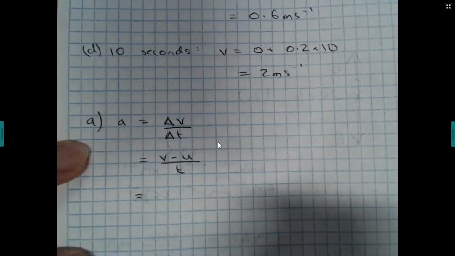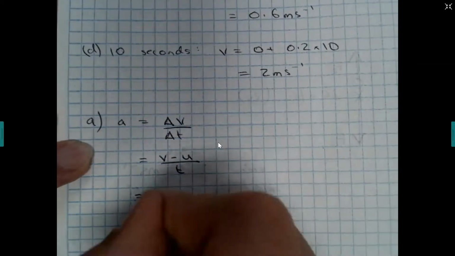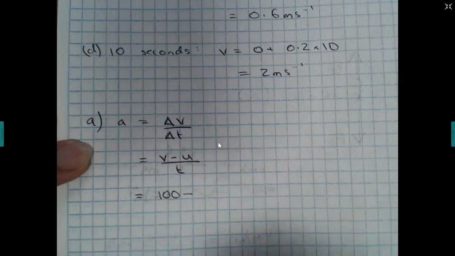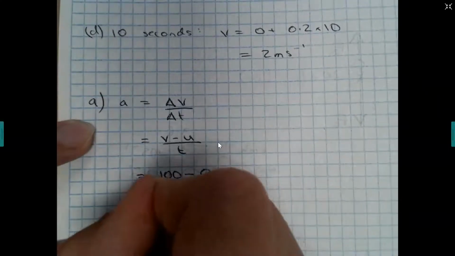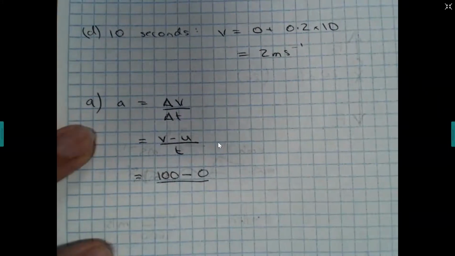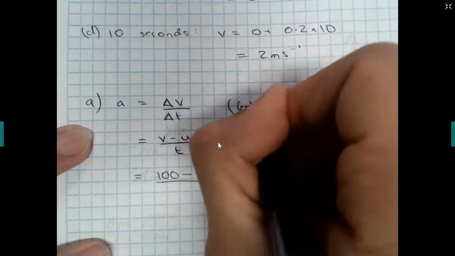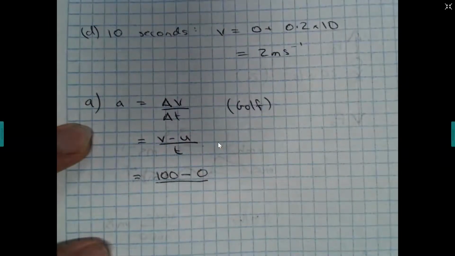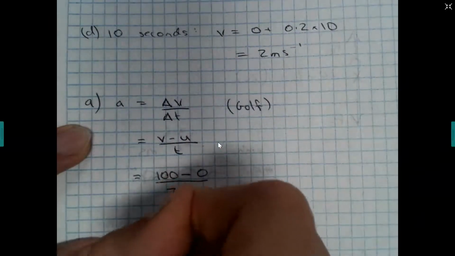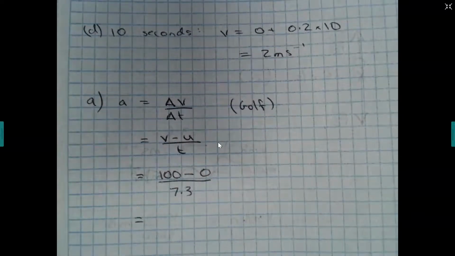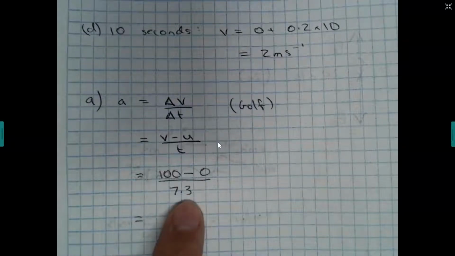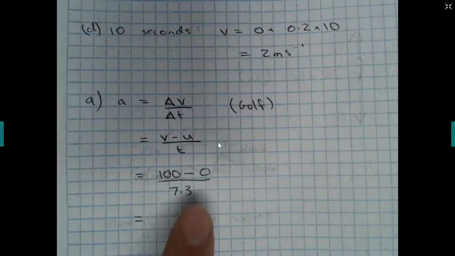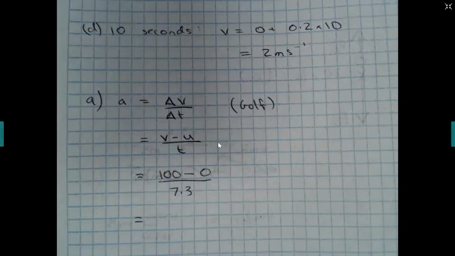The final velocity that they wanted to get to was 100 kilometers per hour, minus the initial velocity was 0, over, this is for the Golf, it was 7.3 seconds, and so the speed was in kilometers per hour, the time is in seconds, so see how it's going to be in those units that they said, kilometers per hour per second,